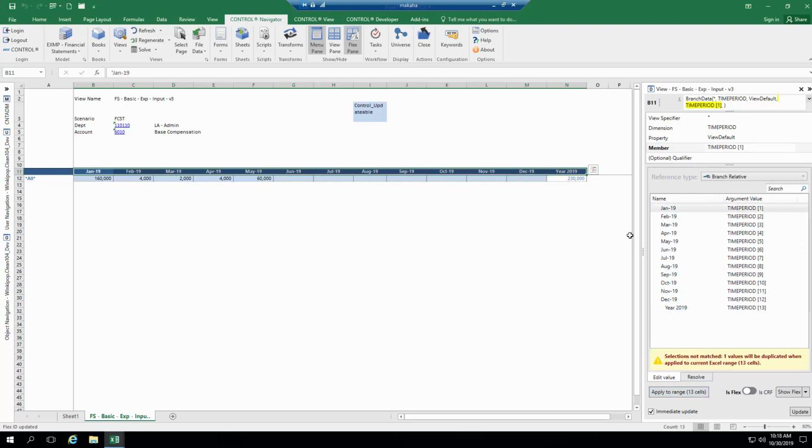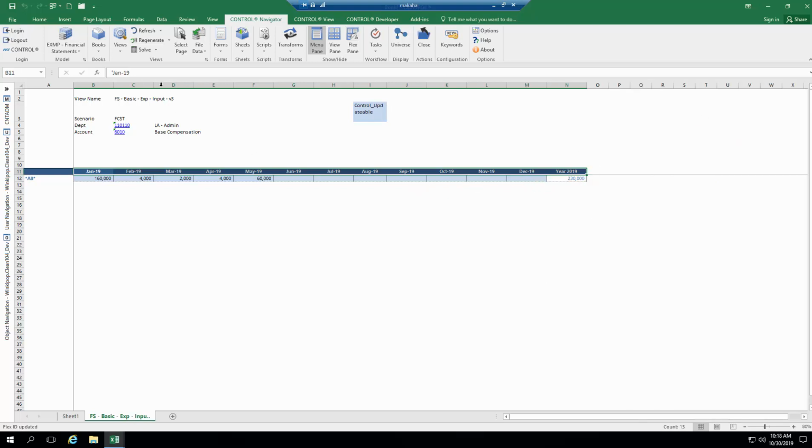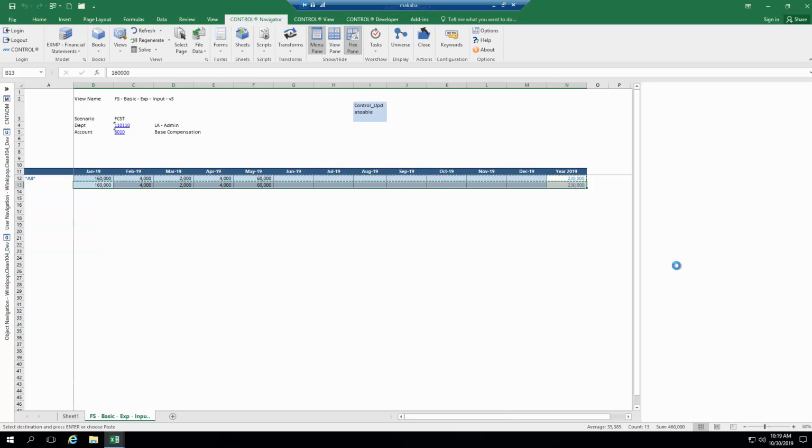Okay, so now it's using branch. So if my view changed to 2020, this will reflect it as well. Let me save the view again. Now I need to create another row for the read-only entry. So I do this, I copy here, and I go to the flex pane,